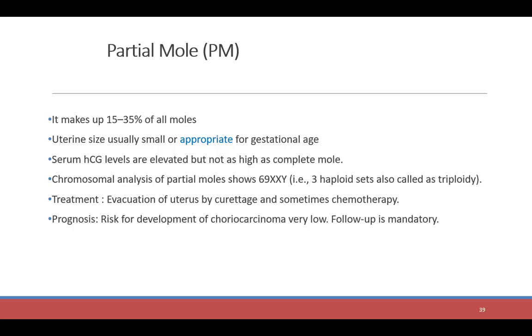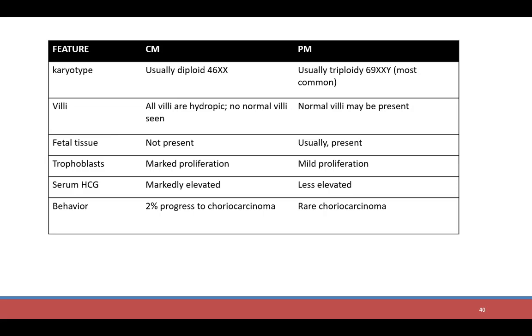So the uterus is completely distended by the edematous enlarged villi in complete mole. The uterus is remarkably increased, while in the partial mole the uterus looks either normal or smaller. Here is the differentiation between the two. This is a good way to show the difference between the partial mole and